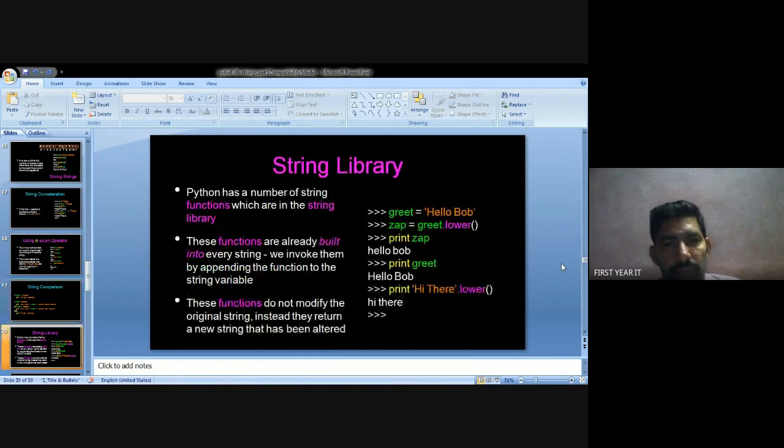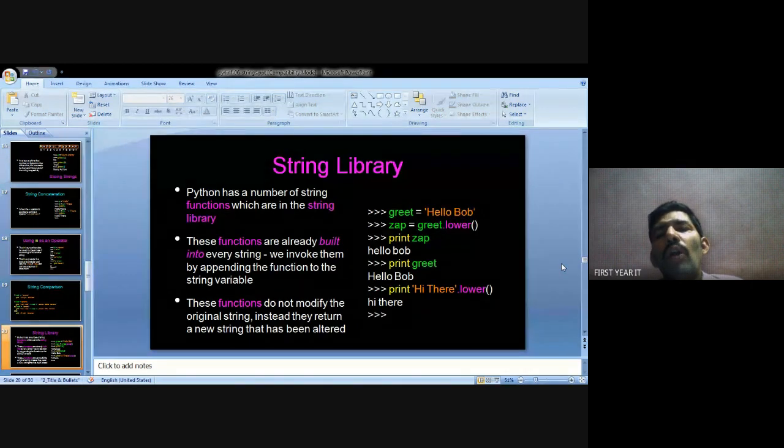Next, this is the string library. The string library means built-in types. One of the string functions is lowercase or uppercase. I define the variable greet equal to hello Bob. Then jab equals greet dot lower. Lower means lowercase.